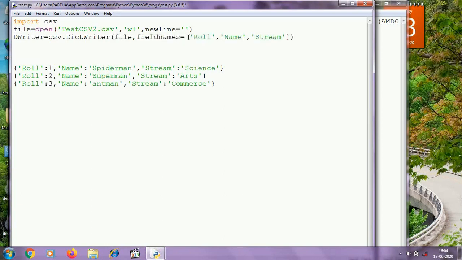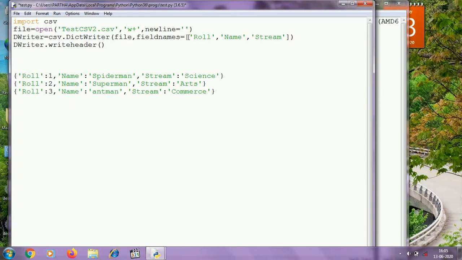And after that I need to write these fields to the CSV file using the writeheader method of the DictWriter object. So I am writing dwriter.writeheader, and the writeheader method does not take any argument.